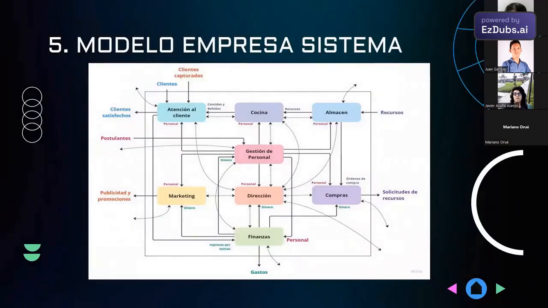Here we can see all the processes that are going to take place, the areas that are going to have football and flavor, and among which one of the fundamental or main ones, as we have been saying, is the kitchen, where food preparation will be carried out. This will have to be directly related to customer service, which will be handled by our group of waiters, and they will give differential customer service or attention, which will differentiate us from other providers with this same theme.